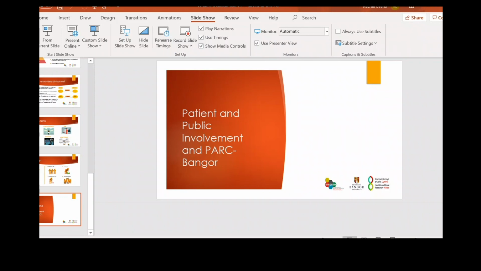I need to stop sharing now, don't I, Carolina? Yes, please. How do I do that? All my IT skills are being tested here. If you go to a little window where you can see yourself at the bottom, you can put on the cross. Let me see if I can just request control. Oh yeah, there you go. Did you get control back?